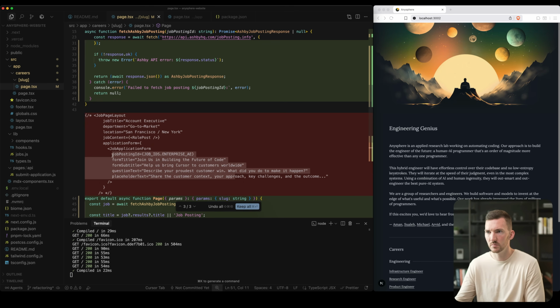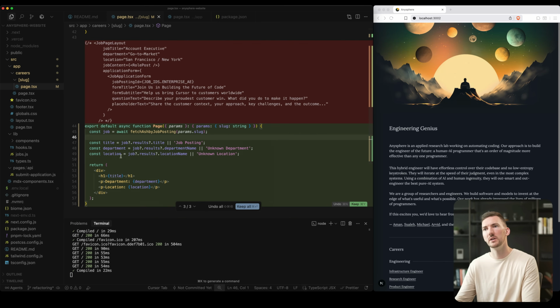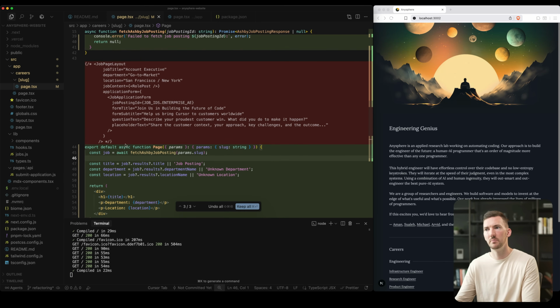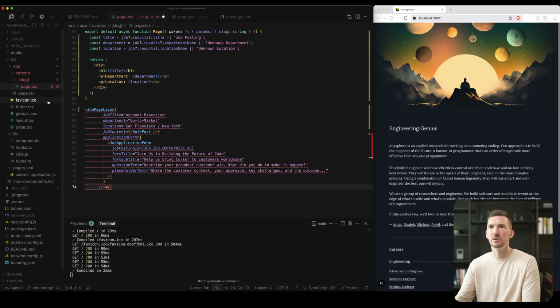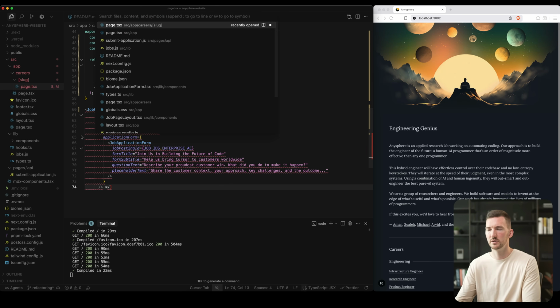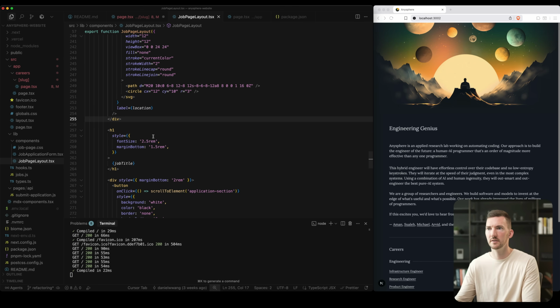This all seems mostly the same. I guess there's more refactoring we need to do here anyway, because the job page layout thing doesn't really exist anymore. So let me still steal this comment and keep this down here. So job page layout, which was this thing,